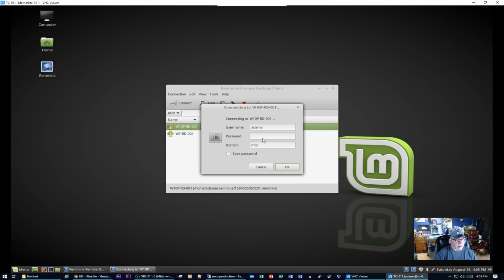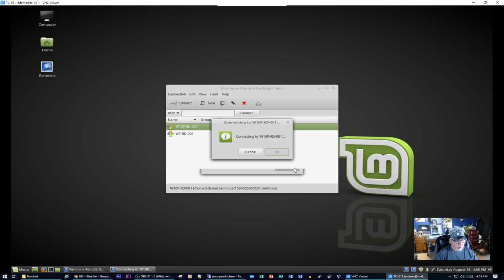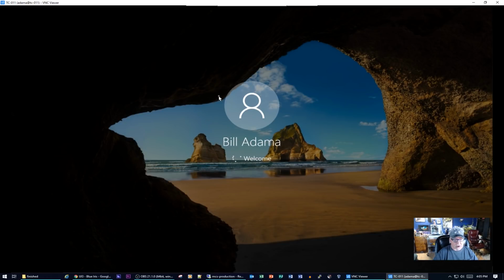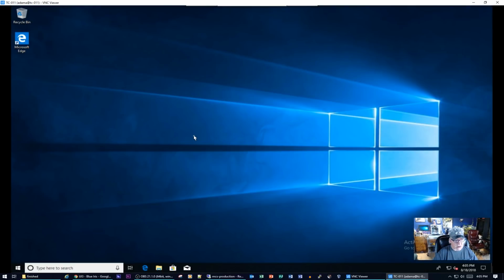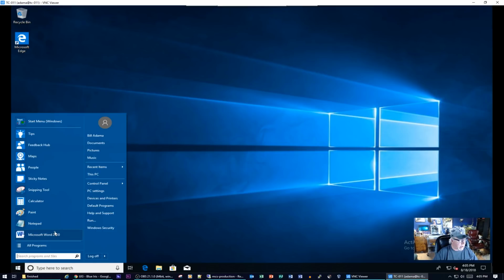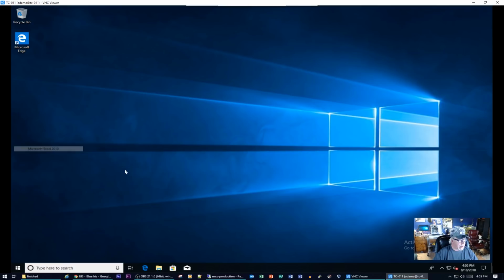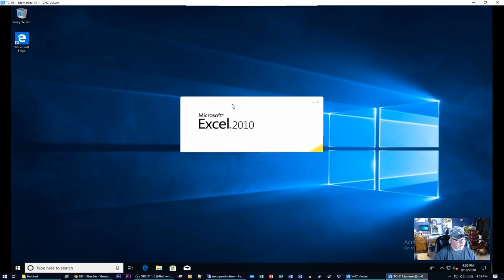So let me go ahead and connect up to the Windows 10 by double clicking. Again, I enter my super secret password, and then I will have my Windows 10 desktop up here in a moment. Takes a little bit longer to log into Windows 10, but eventually it will present me with a desktop. And there you go. And just like any other Windows program, I can come in here. Now I've put the classic start menu on here, so it's easier to get around in the menu, but there's Microsoft Excel,